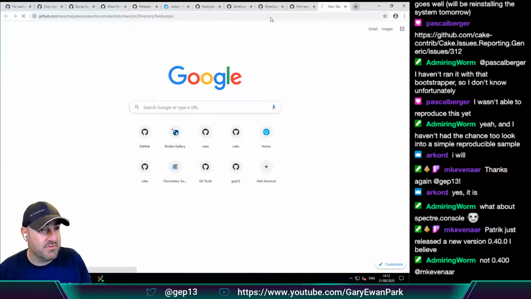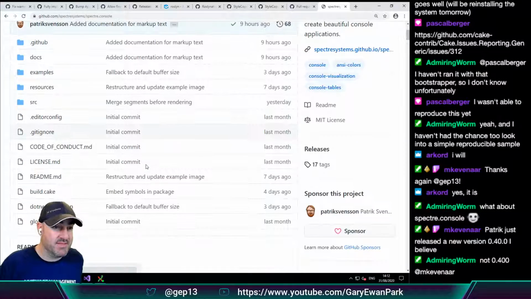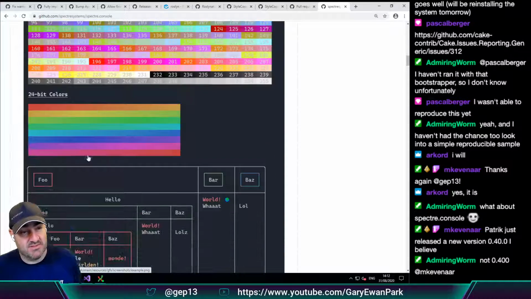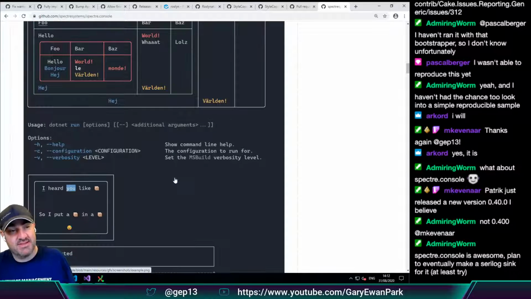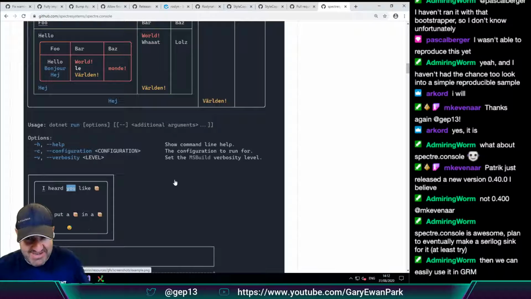Spectre Console is all about generating tables and outputting tables and all sorts of clever stuff. So maybe not today. I would see it as implementing Spectre CLI in terms of the command pattern, getting that done, and then we can maybe look at using Spectre Console for generating some of the output.